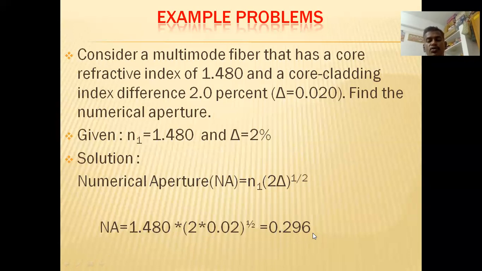So you can convert it into percentage. That means 29.6 percentage. Numerical aperture value is equal to 29.6 percentage. That means the light collecting ability of the fiber optical cable for the given parameters is only 29.6 percentage. So the LED will be emitting a light signal, and of that emitted light signal, the fiber optical cable will collect only 30% of the light signal. So that is the conclusion.